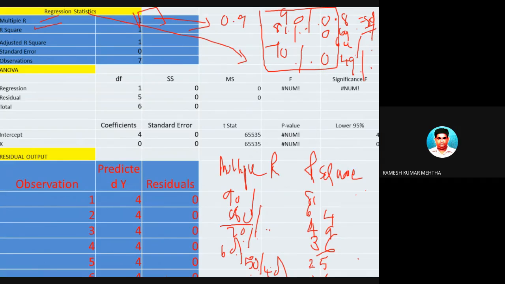Now the cutoff is this one. Anything below 49% is not a good model. Anything above 50% is a very good model. Please remember, this is the thumb rule. Whenever the R square is more than 50 percent, it means your model is able to predict the value of y to that extent, and that extent should be more than 50% in management, social science, or research.